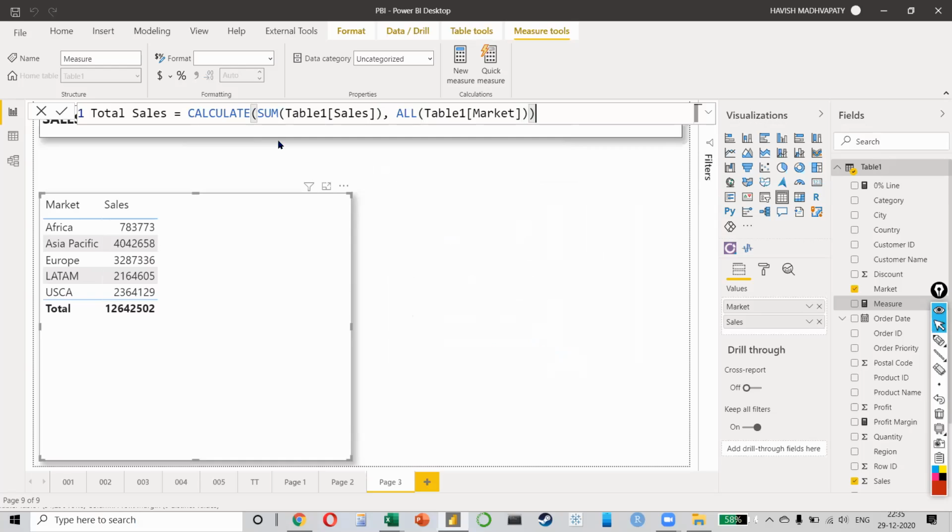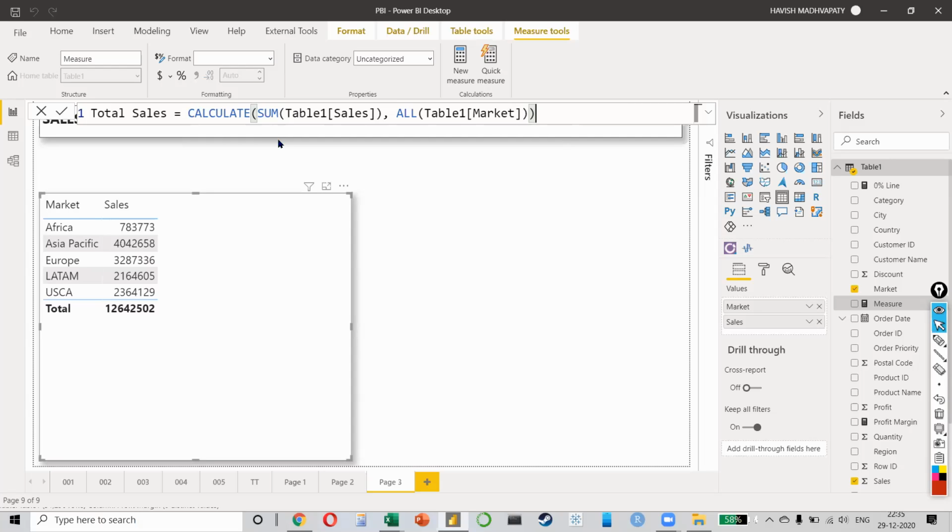I will explain what we are doing. For now, just copy this. Calculate the sum of sales for all market. Be careful of the syntax, okay?